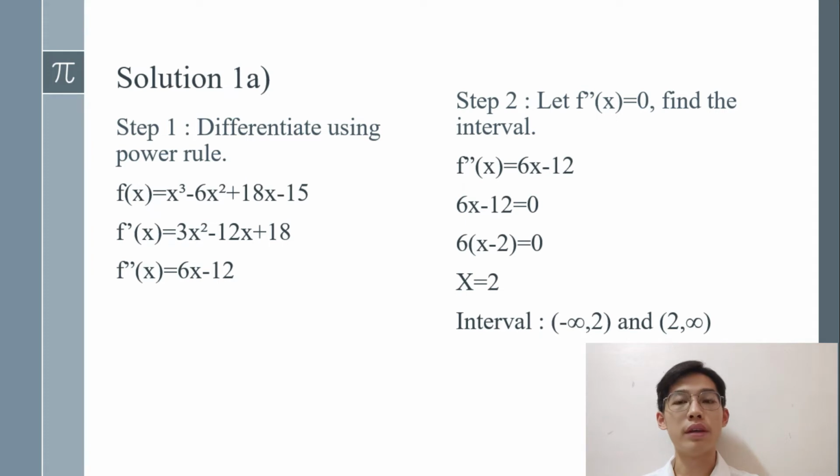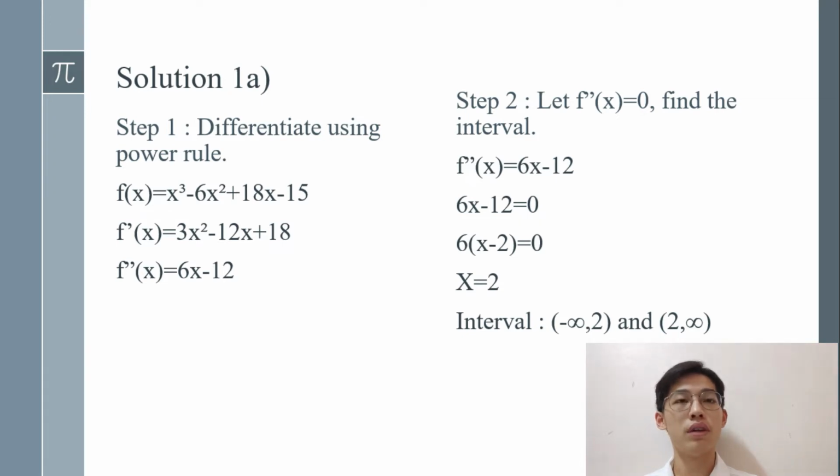For the solution of 1a, for step 1, we need to differentiate the function using the power rule. By using the rule, we can find the first derivative of the function, which is 3x squared minus 12x plus 18. After this, we need to find the second derivative to determine whether the interval is concave upward or downward. Step 2, let the second derivative equal 0, and we can find the intervals. Let 6x minus 12 equal 0, x equals 2, therefore the intervals are negative infinity to 2